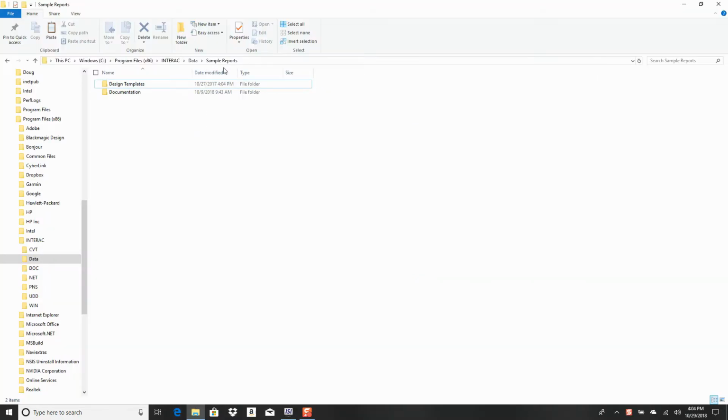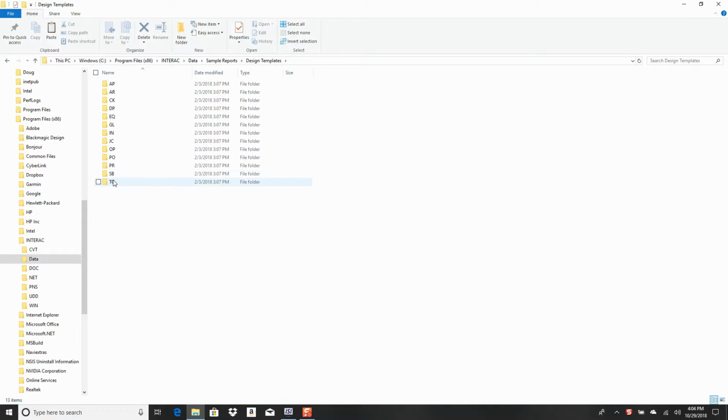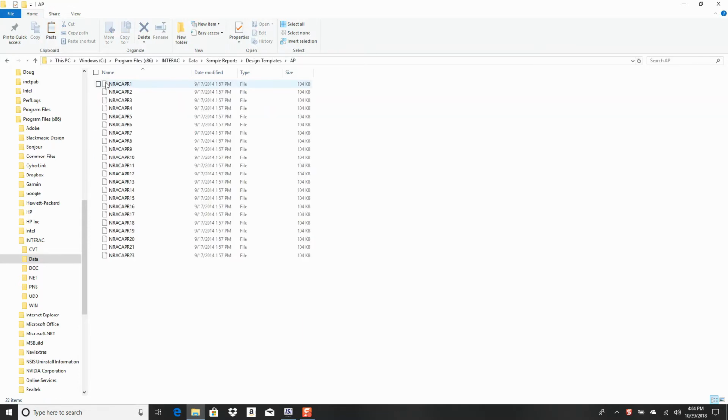We are back on our sample reports folder, and we are now going to move from the documentation, where we looked at the PDF file of all the designs, up to the actual templates themselves. And when we double click on this, we get a list of all the folders for the various apps which have designs. We'll double click on accounts payable, and we determined we would like to try NRAC APR 12. So I'm going to right click on it,